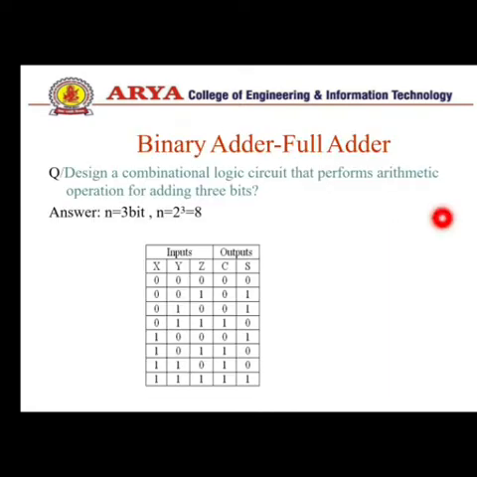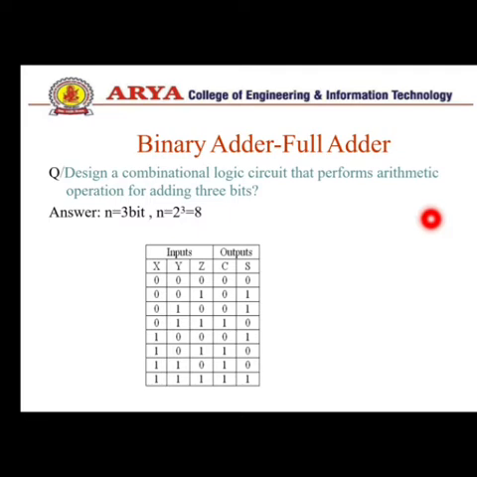There is a limitation of the half adder. We can't add 3 numbers at a time, so we use a full adder to perform the addition of 3 bits at a time, in which we use 3 inputs. We know that with 3 inputs the number of maximum possible conditions is 8. So we construct the truth table for this, with x y z values from 0 0 0 to 1 1 1. When the value is 0 plus 0 plus 0, the sum is 0 and carry is 0.